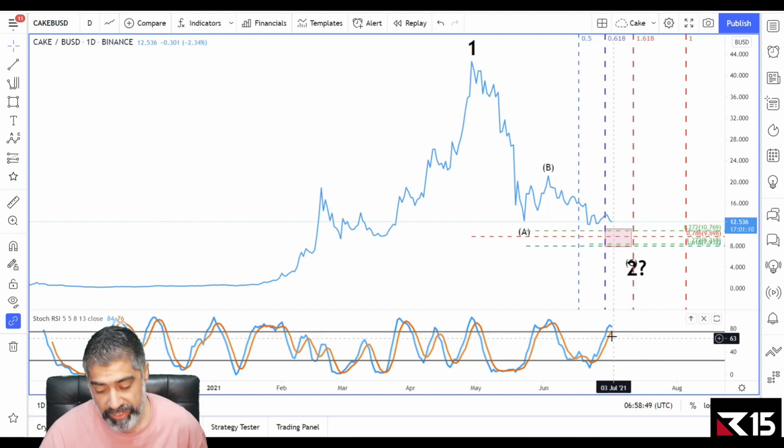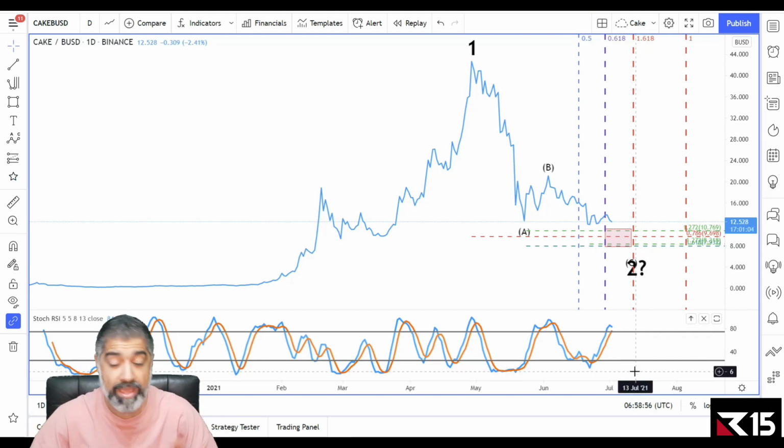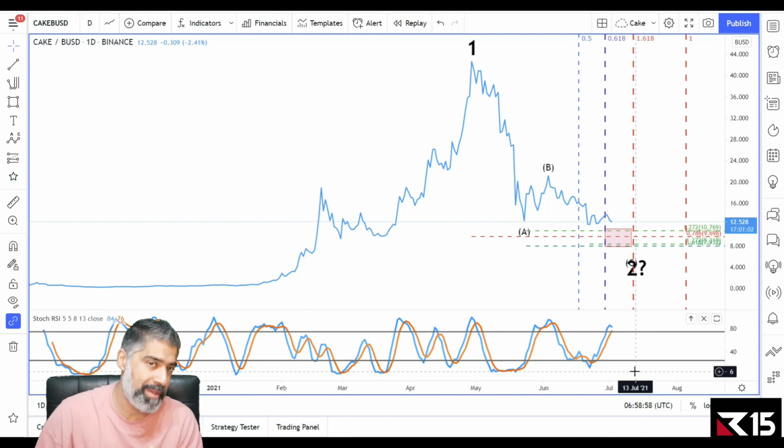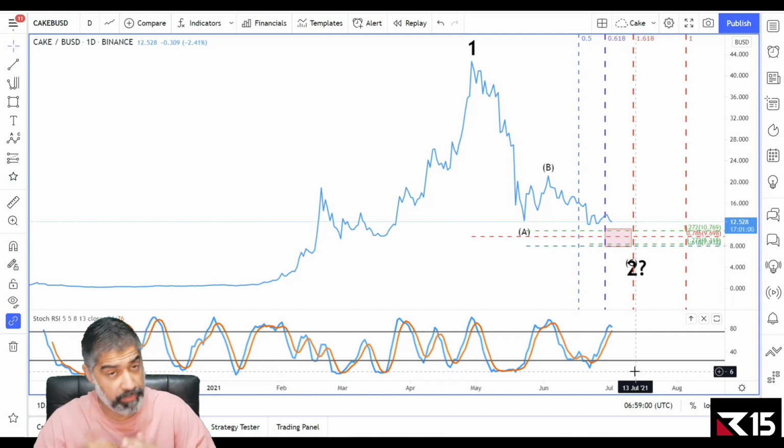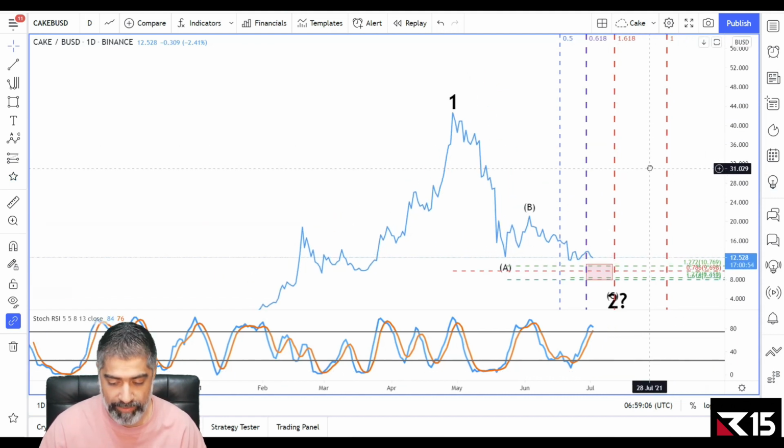And we got the momentum indicator, and we want that to coincide. We don't really make any decisions until we see the next bullish reversal. If you're looking to buy, if you're already holding, you may see another 30% drawdown before the market reverses. And what are we anticipating after a wave 2?